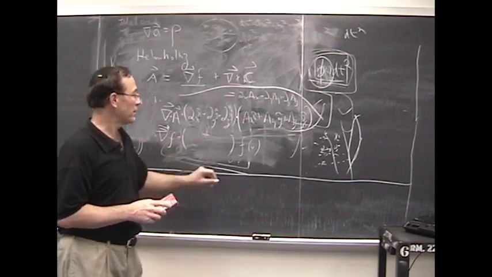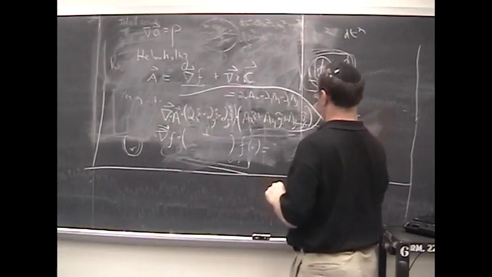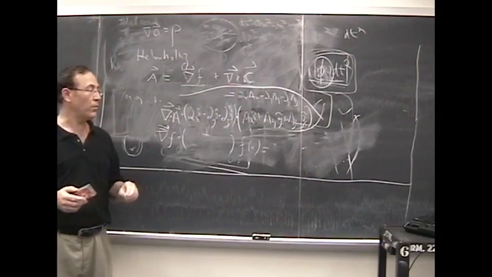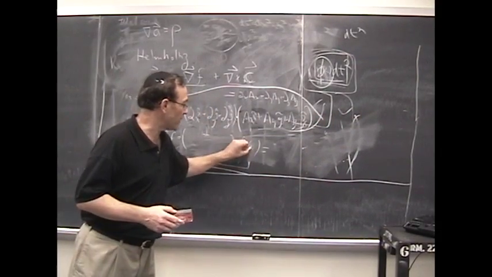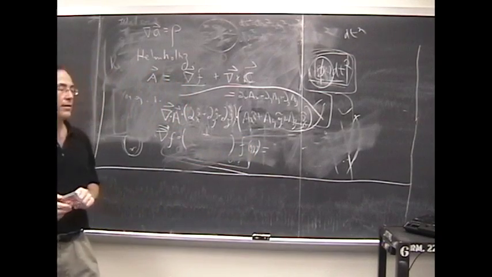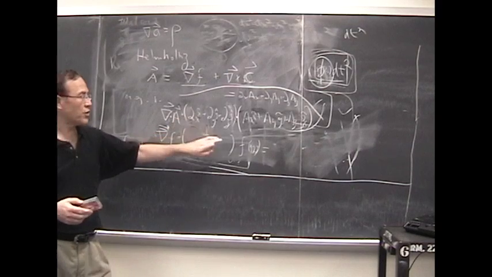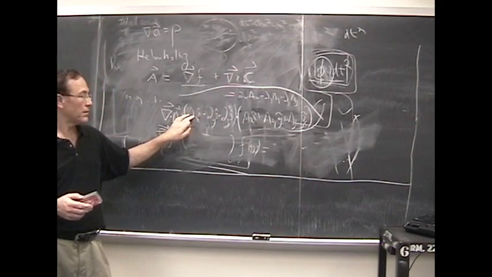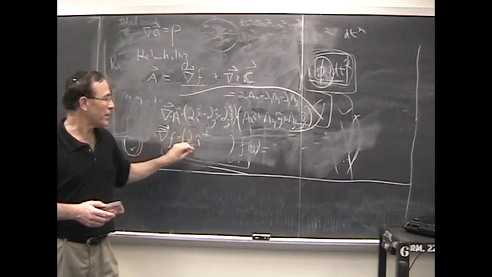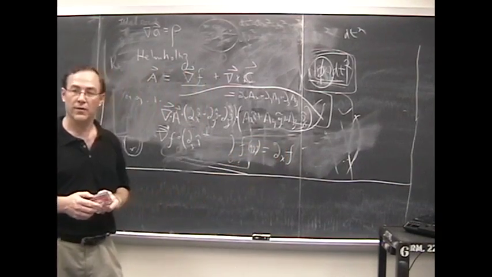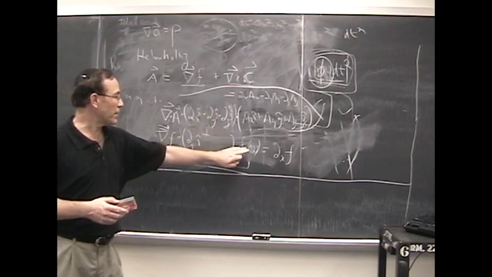Tell me what it is. Okay? It's just that one. Well, not f of r, some function of x, y, z. Yeah, it's just the differential of that with respect to x, right? This operating on this will give me the differential with respect to x of f. This operating on it,